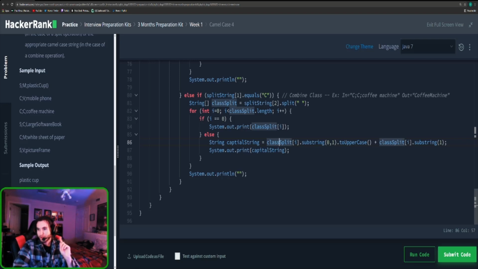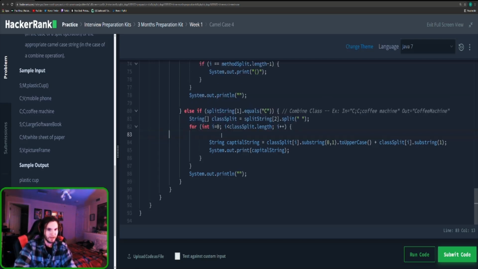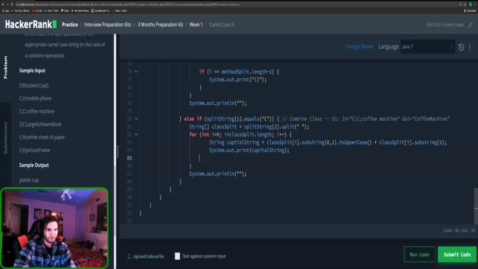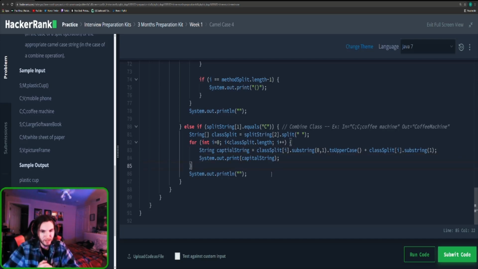we just need to do this. We're gonna delete this whole if else statement. Get rid of it, everything. Make sure you get all the curly braces too, so it doesn't cause an error. So we got rid of the whole if else statement in there, and we just left what was an else because we don't need to check the initial index. All we need to do is get our